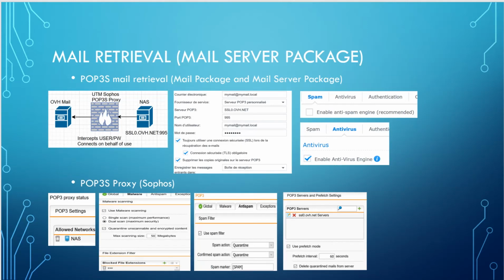Now, for the mail retrieval, as I said, as no one is sending, if someone from an external domain sends me an email, the email will be stored on the OVH server. So I need my NAS to retrieve those stored emails. As you can see, my NAS has the POP3 retrieval function, and the connection will terminate in the POP3 proxy. It's going to intercept the user password,